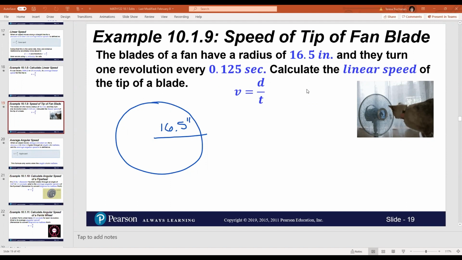And they turn one revolution, that is one full turn, every 0.125 seconds. They're really flying. Can we talk about linear speed? Yes, because